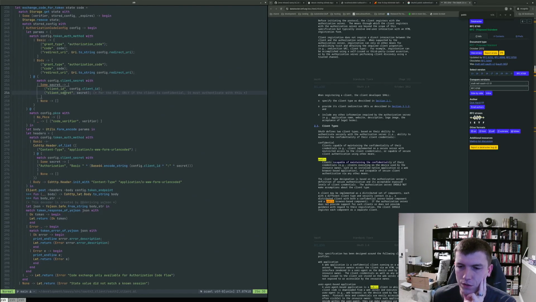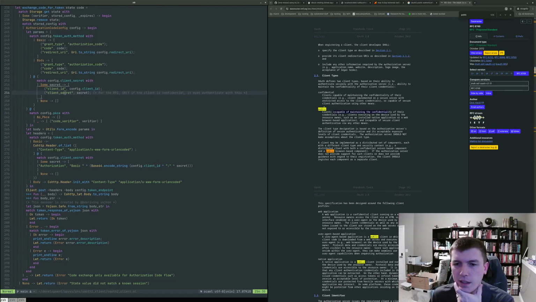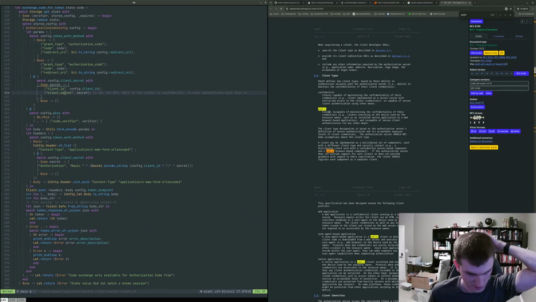Authorization server should not make assumptions about the client type. Client may be implemented as a distributed set of components. So here's where I'm kind of conflicted. I'm actually not sure if an OCaml app can really ever be public. OCaml is always going to run on the server. It's always going to run in a private context.